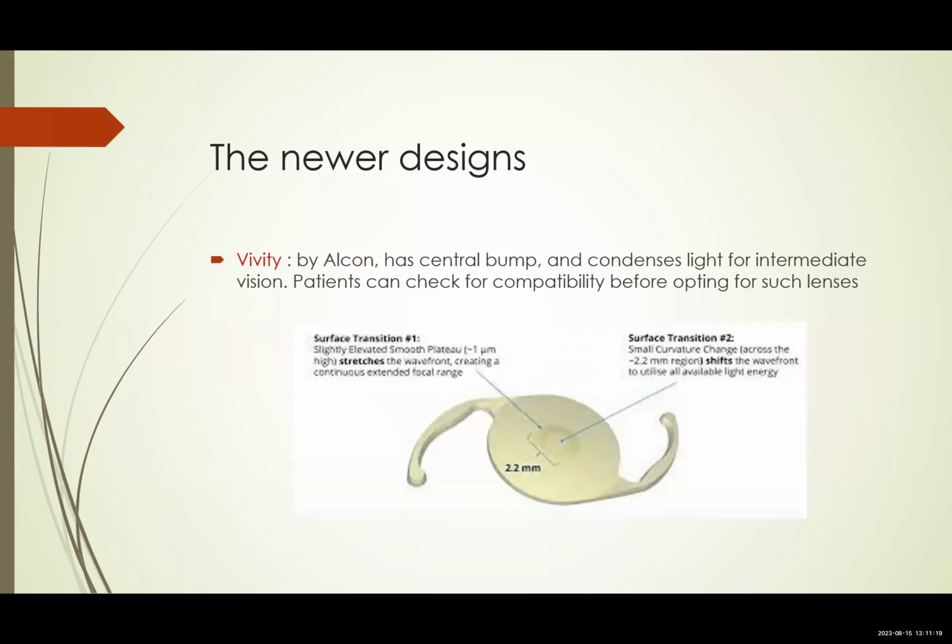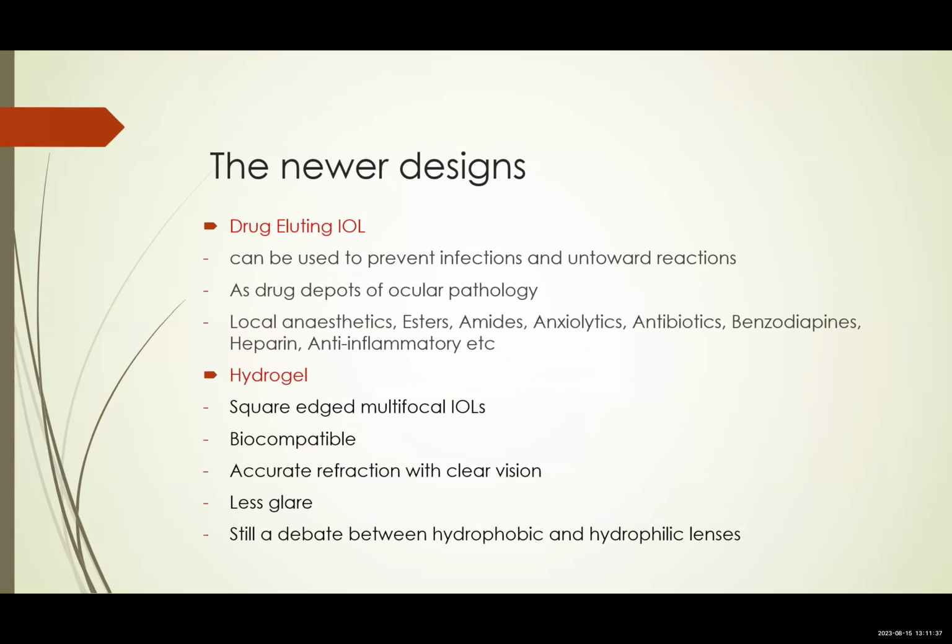And another lens which is very commonly used, by Alcon only, has a central bump, and it condenses light for near vision. The main good thing is patients can check their compatibility before opting for such kind of lenses. And there are drug-eluting IOLs which can be used as drug depots. We can use drugs like local anesthetics, esters, amides, anti-inflammatory drugs, antibiotics, benzodiazepines, anxiolytics, and other lenses like hydrogel, which